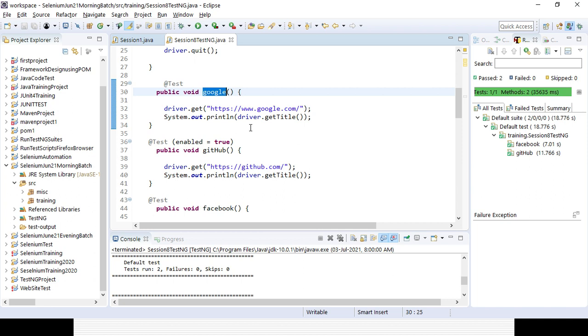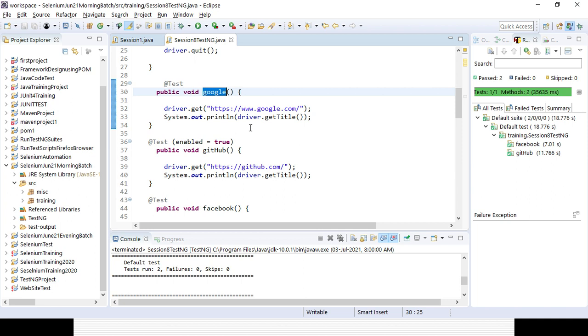If you are booking something, you will name the method booking. First it will try to execute in alphabetical order, so booking will be executed first, but everything will fail because until you open your page and log into the application, how can you search and book your product? Then your test case will fail. So that is the reason. Maybe for the booking method I can set priority to 1.